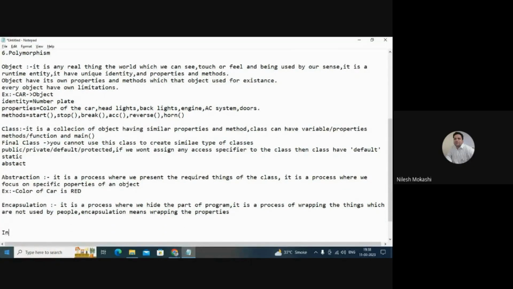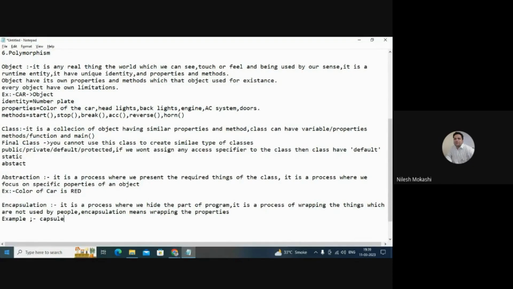Asha, we can have an example like a capsule. The word encapsulation comes from capsule. If you see a capsule, it has a cubical shape, and the drug is inside that shape. They are not showing the color of the medicine, because that color is not necessary for us.